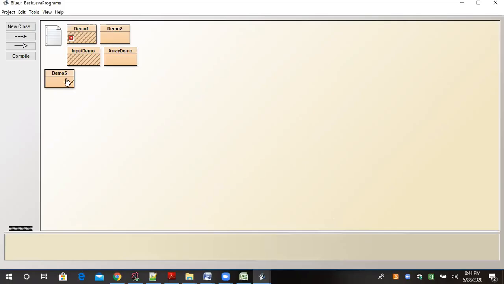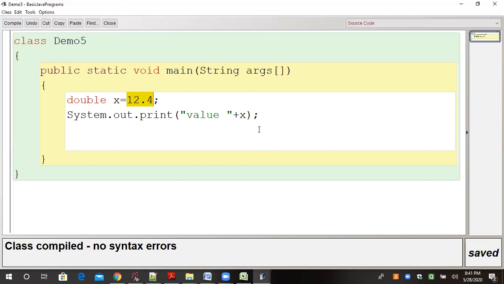One more thing: whenever you have the choice, there is something convenient and something complicated, something very easy. So whenever you have the choice to take float or double, always go with double, because with double you need not add f or capital F. You can directly use it. Understand? So between double and float, always go with double. It's a recommendation point.